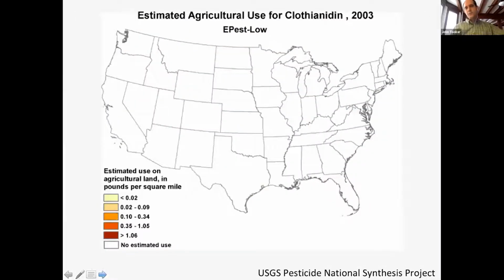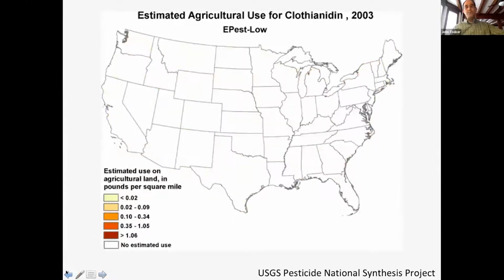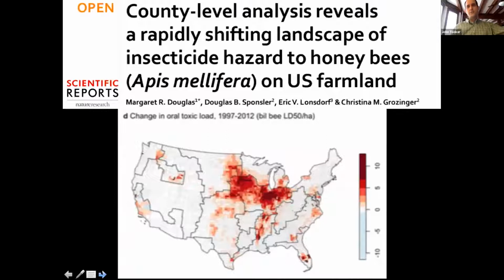And we can do the same thing for the neonicotinoid insecticides. Here's clothianidin, which is most often coated on corn seedlings, or maize seeds, I should say. And that's the amount used. So this is the amount used in 2003, that's 2011, and that's 2014. So it's quite clear that use of these compounds is escalating, and this is contributing to toxic landscapes,